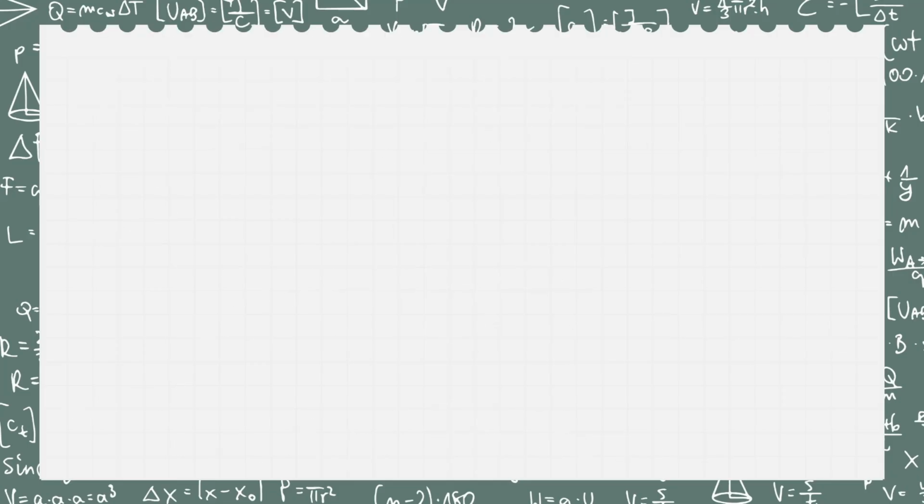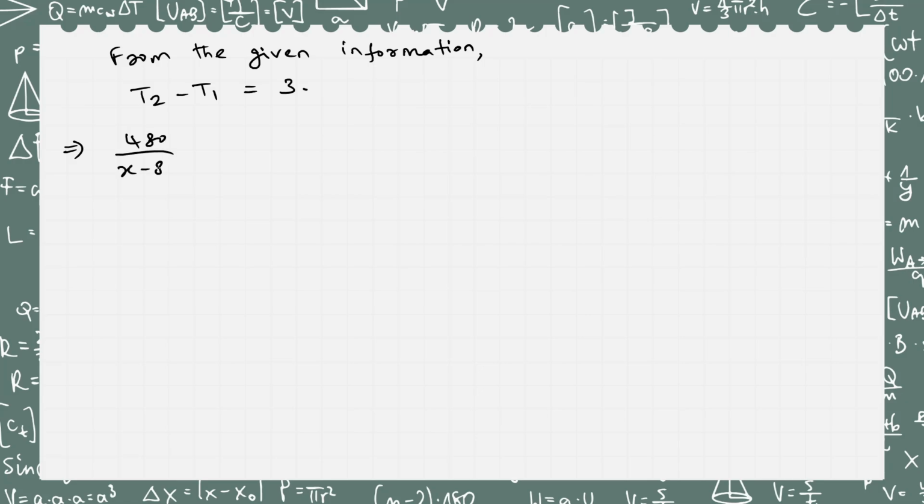That is the thing we are going to use for framing the equation. From the given information, T2 minus T1 equal to 3, right? So what is our T2? 480 divided by x minus 8 minus 480 divided by x